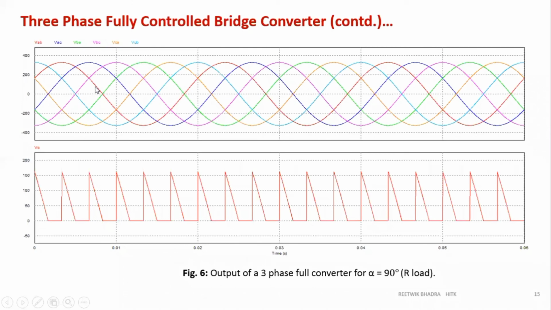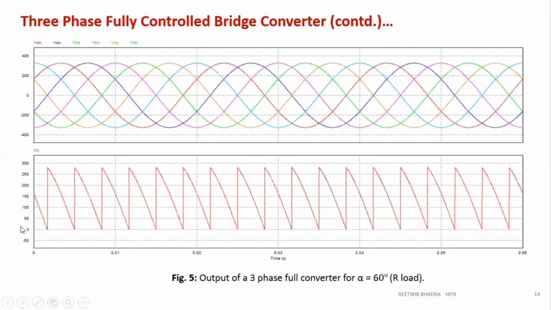So all this I have plotted at 90 degree. So this waveform becomes like this at 90 degree. One thing I have to tell you now. At 90 degree, what happens? Now you see at 60 degree, my waveform is reaching 0. Correct? Now, what happens over here? My waveform becomes discontinuous beyond 60 degree. You know what discontinuous is? It means current will reach 0, right?